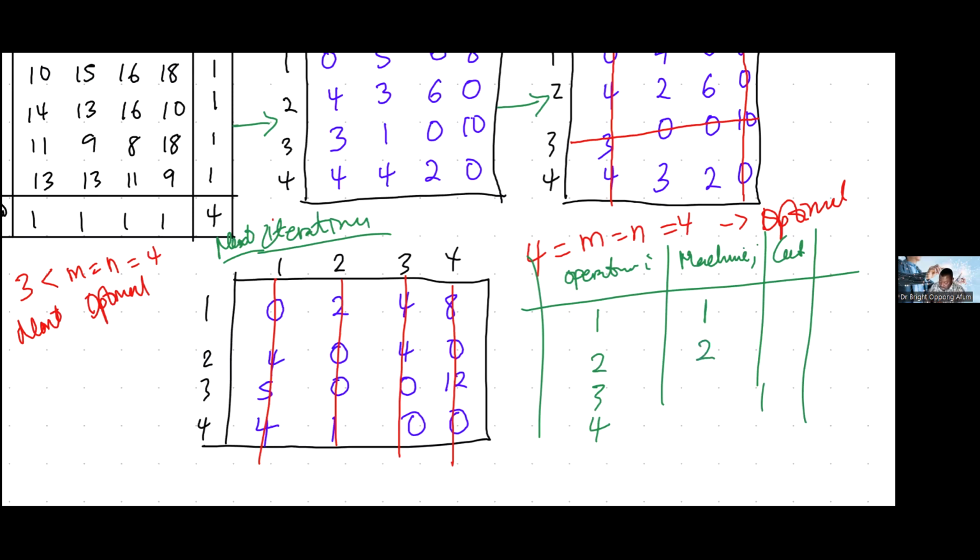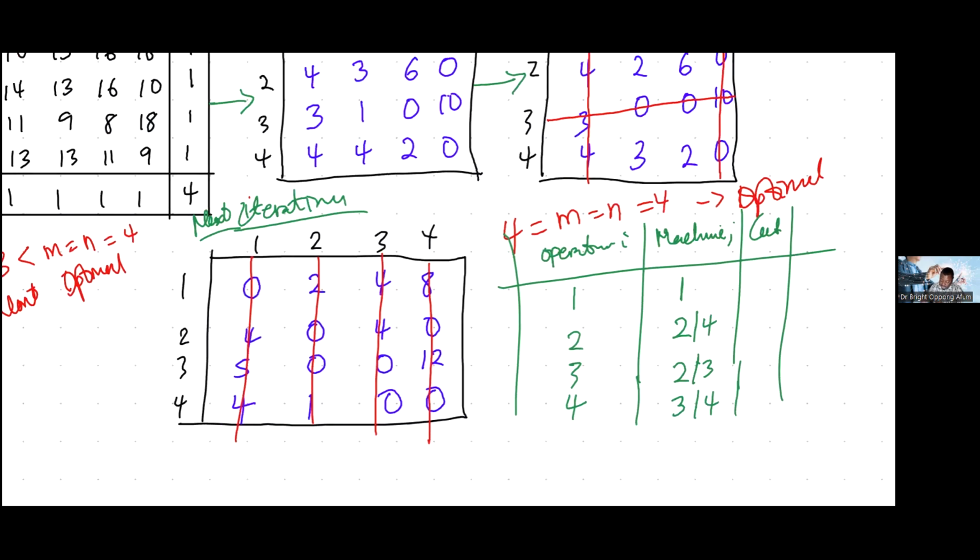3, we can go this way, 2, 4, right? Later on we'll clean it up. 3 can be assigned to 2 and can also be assigned to 3. Then 4 can be assigned to 3 and can also be assigned to 4. So it means that